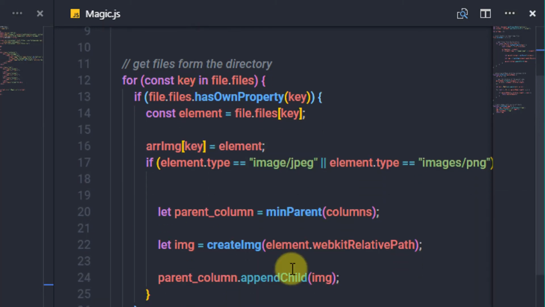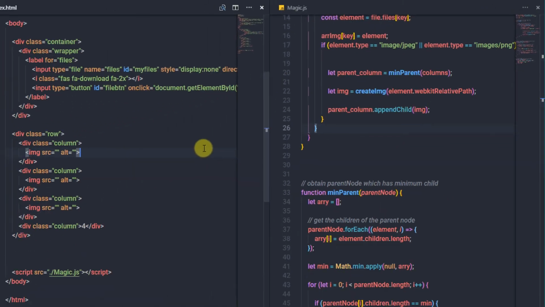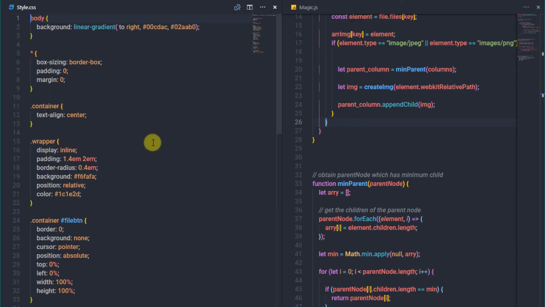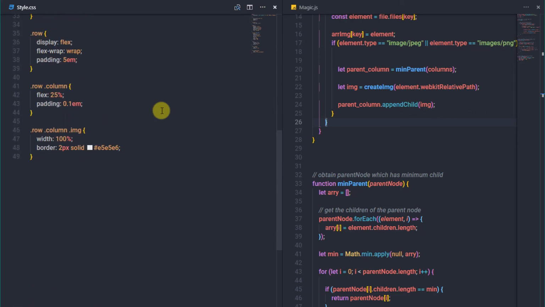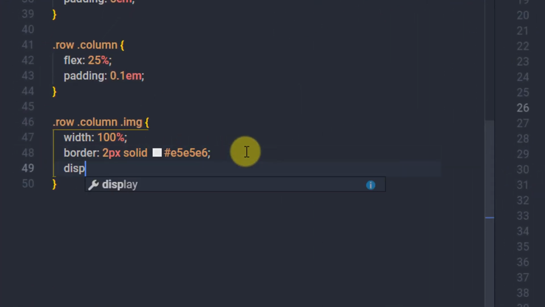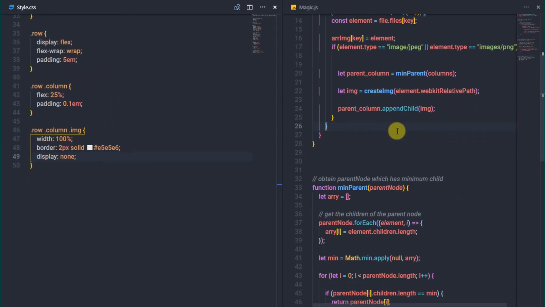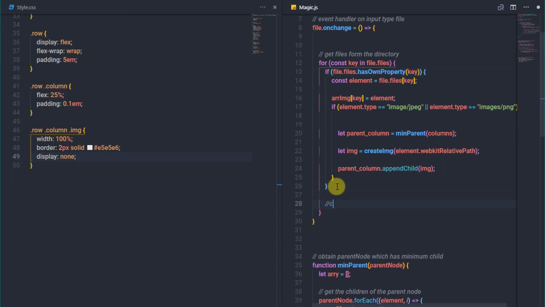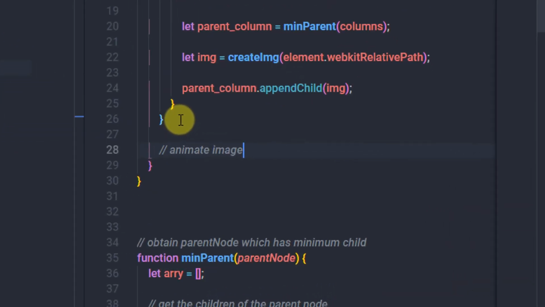I will specify some styling. I will open the style.css file. So I will press Ctrl P, open my style file, and for the image styling I will say display none. And here, just after this loop, I will create a comment, animate image, and